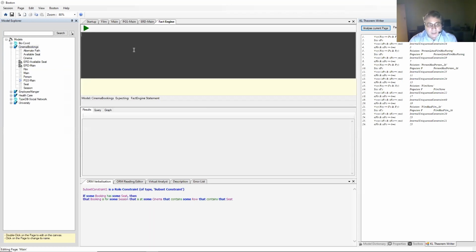So we could say something along the lines of: which seat has a booking that is for a session that is for the film Rocky, that is showing at cinema Great Western Cinema, and you can see it's going away to the database there to help us complete the query